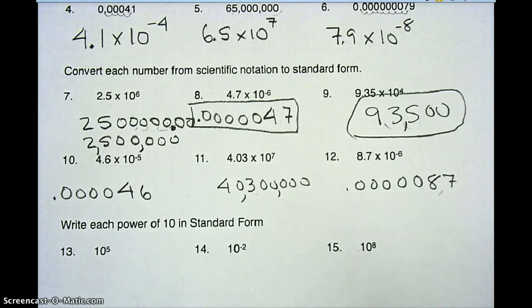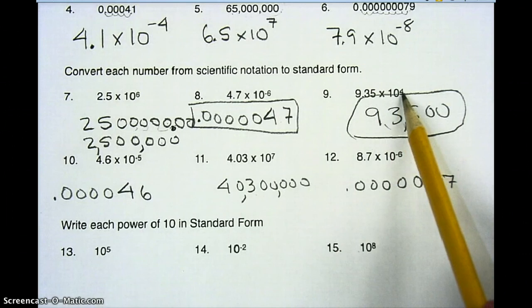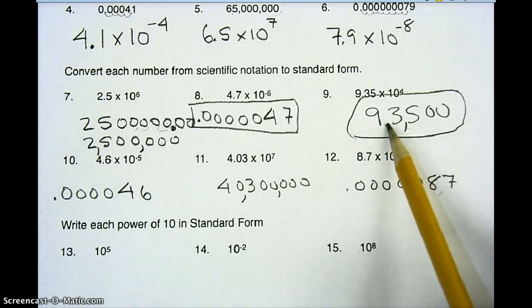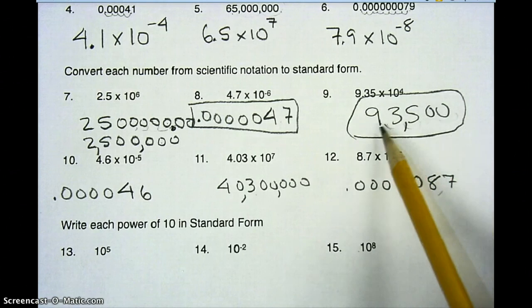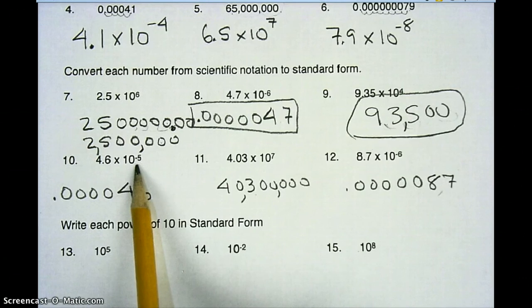For this one, we had to move the decimal point over 4 spots to the right because it got bigger. So it starts between the 9 and the 3. So I go 1, 2, 3, 4. So it's 93,500. The next one I have to move a total of 5 spots, and this has to go to the